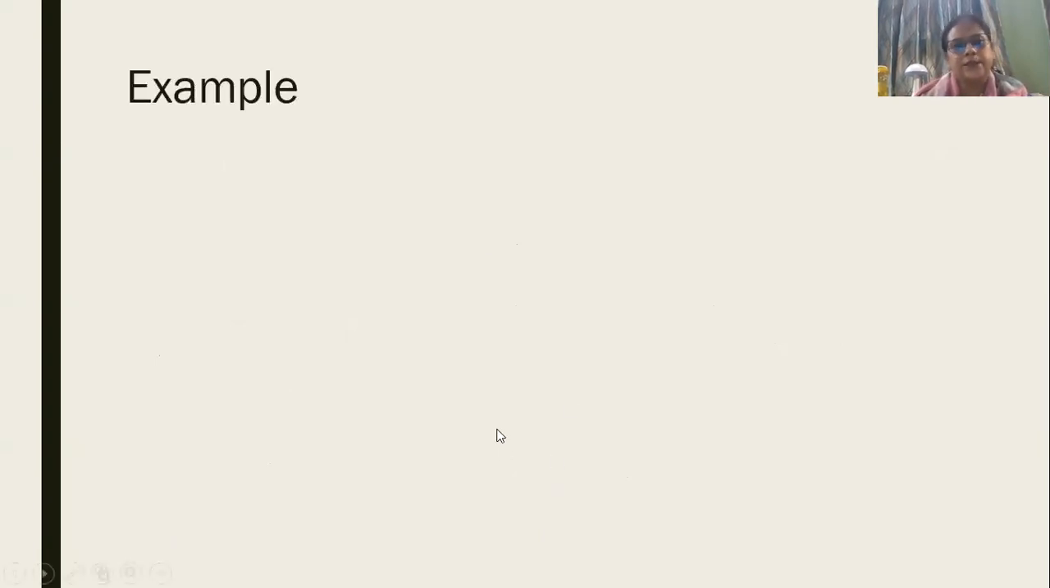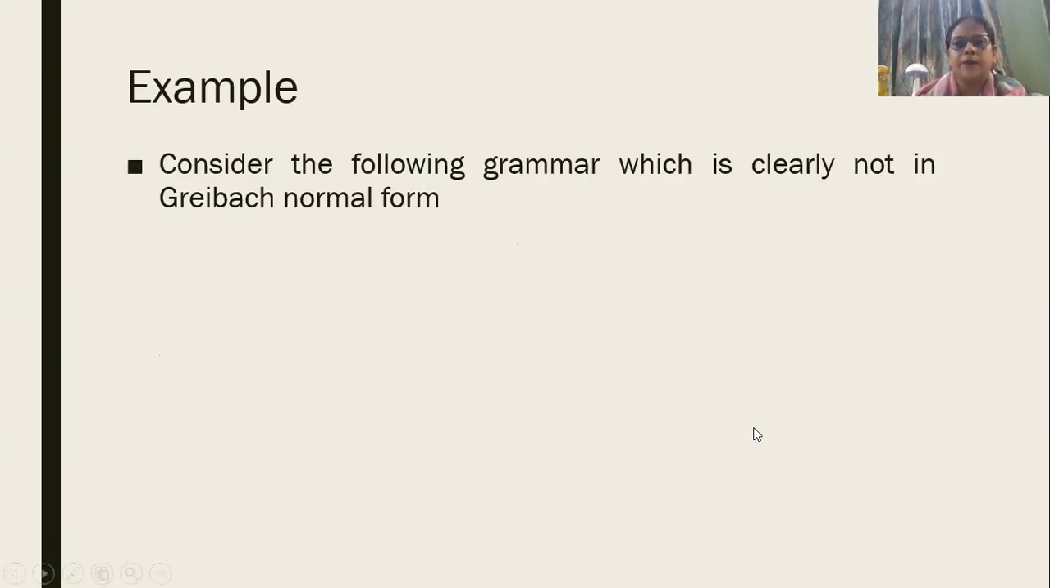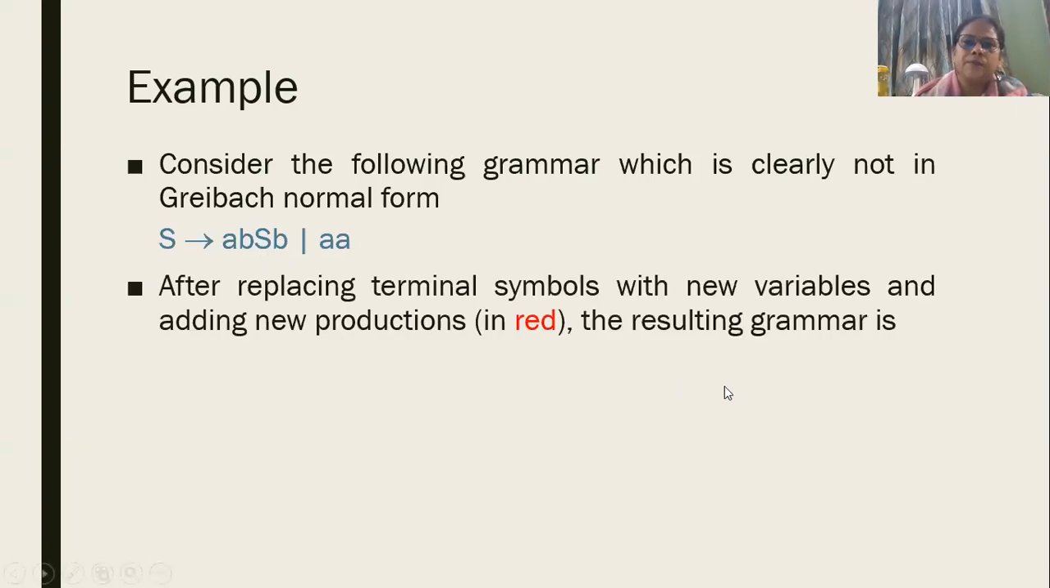So let's see an example. Suppose we are given a grammar which is not in Greibach normal form, such as this. S derives, there are two terminal symbols followed by one variable followed by another terminal symbol. Obviously, this grammar is not in Greibach normal form. Now, if you're given a grammar such as this, it's fairly straightforward to convert it into a Greibach normal form. You simply add a few new productions